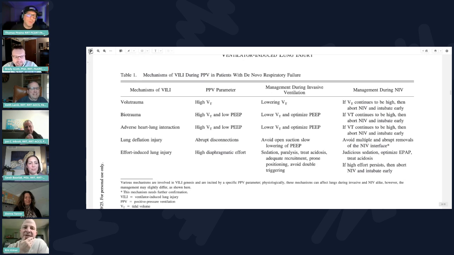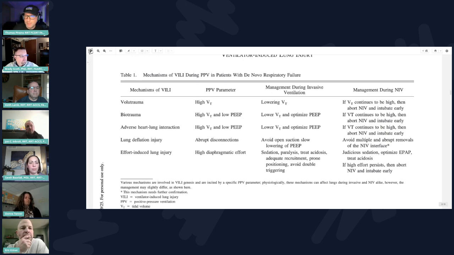I could imagine an improved PRVC mode that actually looked at P0.1 when it made the decision whether or not to reduce support, and at some point being like, this P0.1 is kind of high, maybe I shouldn't drop the support. But I don't think that's ever going to happen. It's not going to happen with this mode, and essentially it's just going to constantly react poorly when a patient has high demand. In a passive patient, it doesn't really matter.